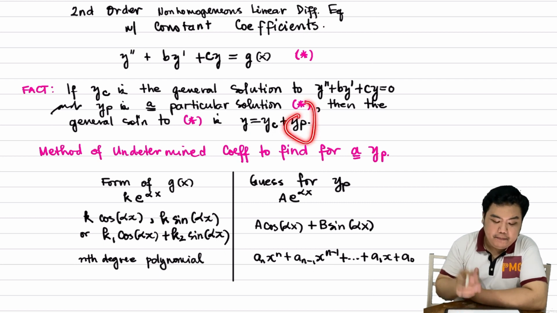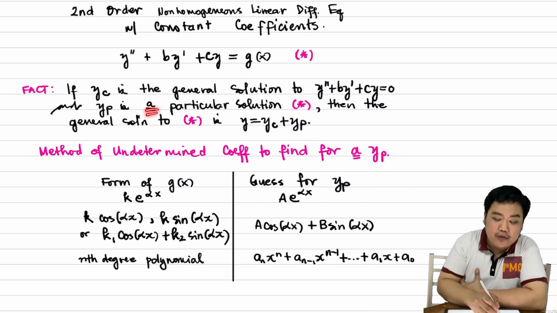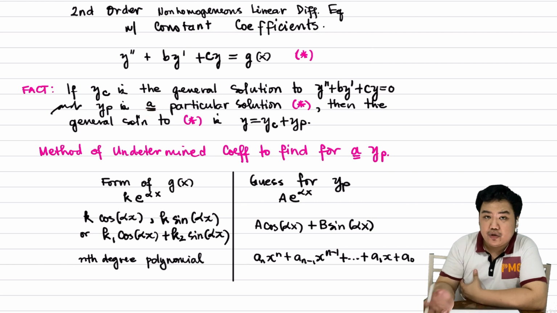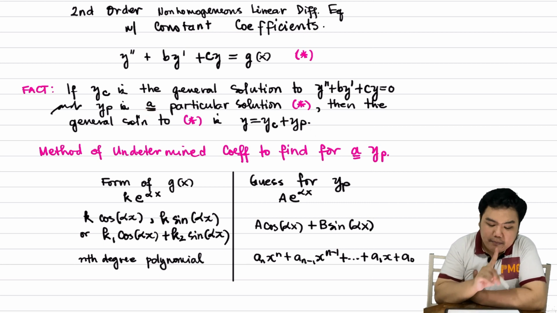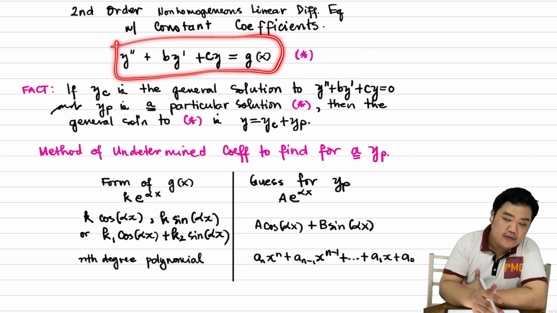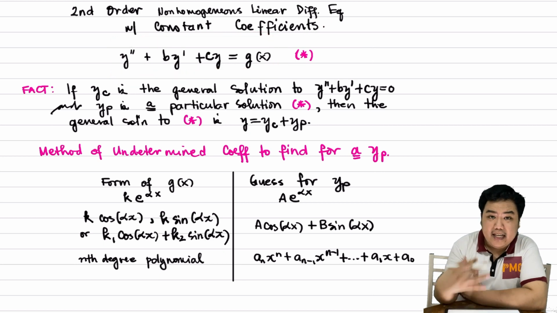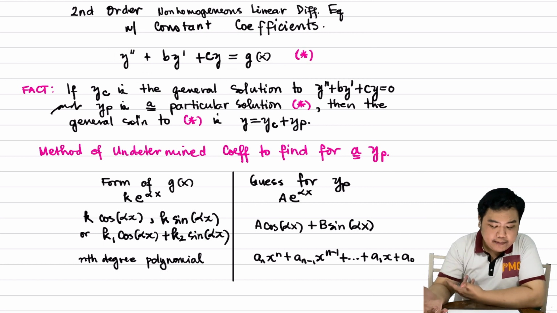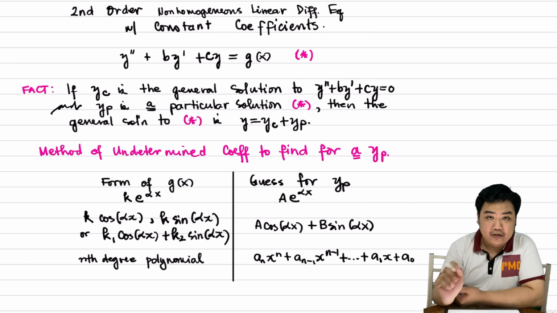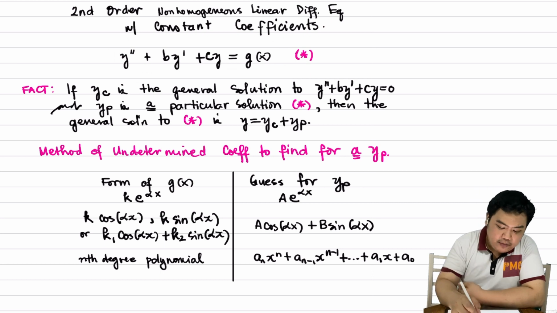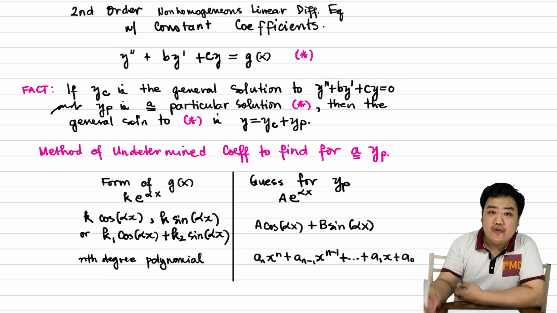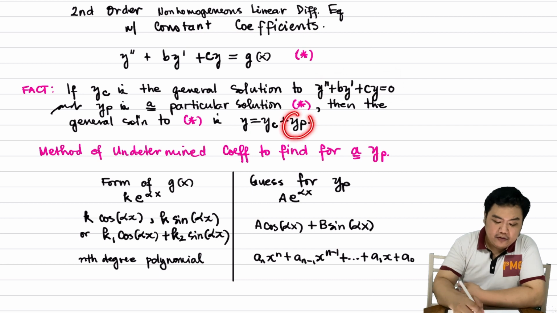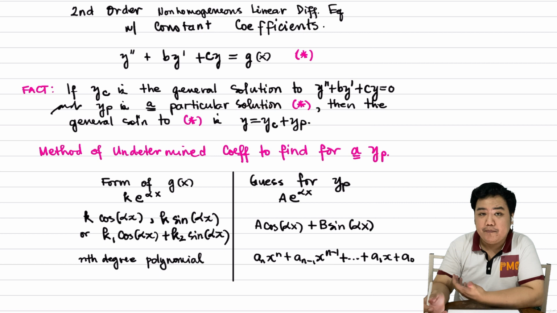Itong y sub p, tignan nyo naka-emphasize yung a particular solution. Kailangan mo lang maghanap ng isang particular solution to this one, or kailangan mo lang magbigay ng isang solution. Kasi maraming solution yan, diba? Yun yung ina-expect natin in most cases. So, magbigay ka lang doon ng isa and solve this homogeneous equation. Yung solution nun plus etong isang nakita mo, that is the general solution of the